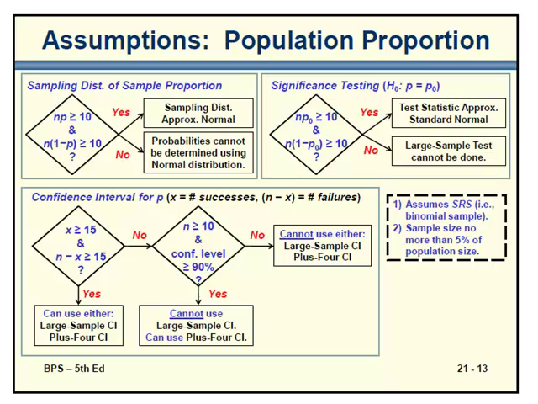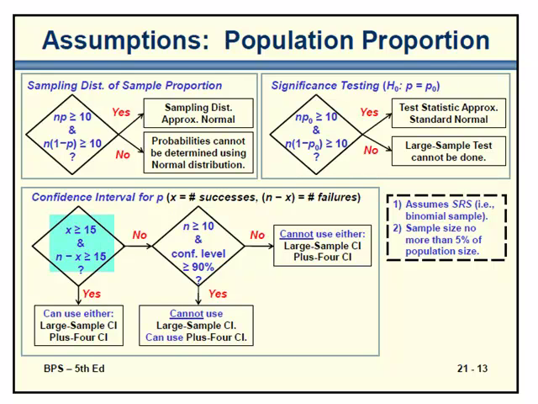So let's look at what happened for our significance test. If my n times p naught and my n times 1 minus p naught are both greater than or equal to 10, then I can do the test statistic and it's approximately normally distributed. If my answer is no to that, the large sample test cannot be done. Now, doing a confidence interval,